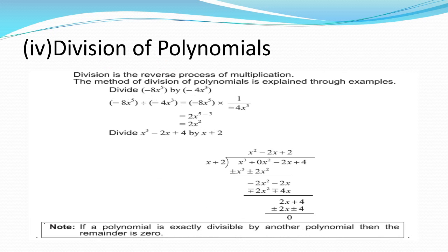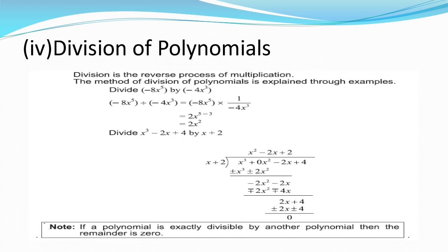First we have x cube. So we multiply x with a number or variable. We have the answer x cube plus 2x square. In subtraction we change the sign as explained above. So plus x cube cancels with the minus x cube, and here we have the answer minus 2x square.